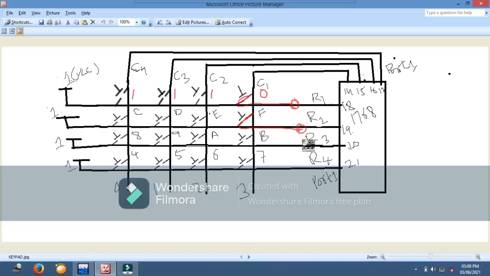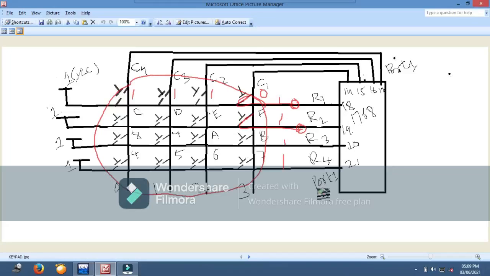So like that you have to find which key is pressed based on finding which row is 0. If no key is pressed among all these keys, then all rows remain 1 only. Like that you need to first find out which key is pressed, then display the corresponding digit which is assigned to that key.